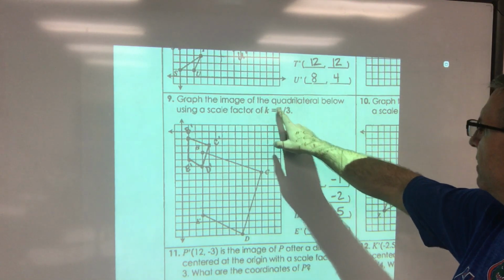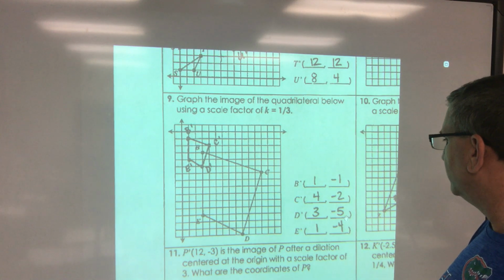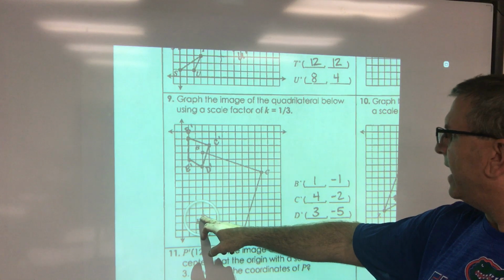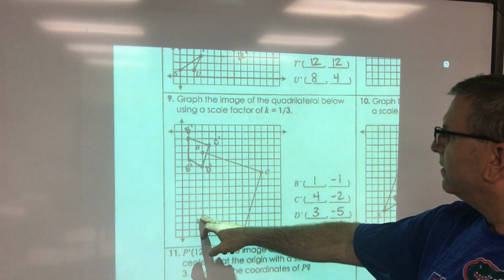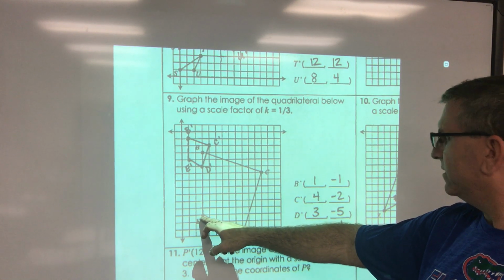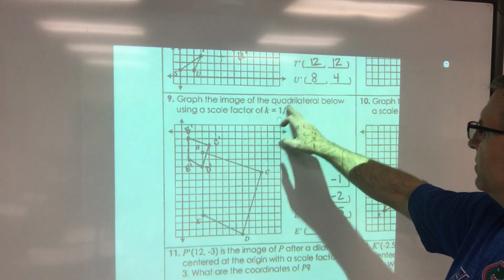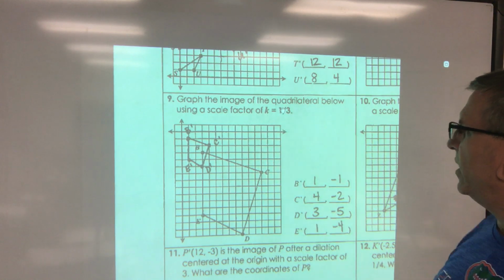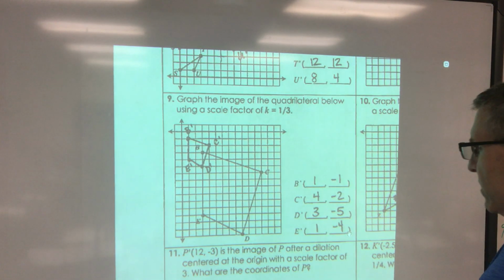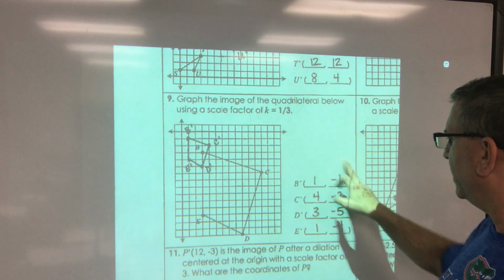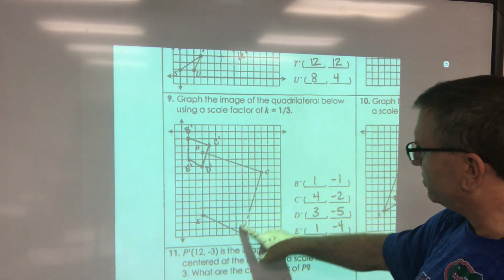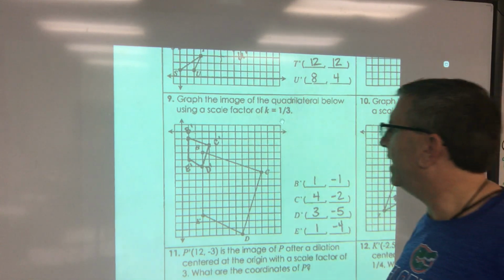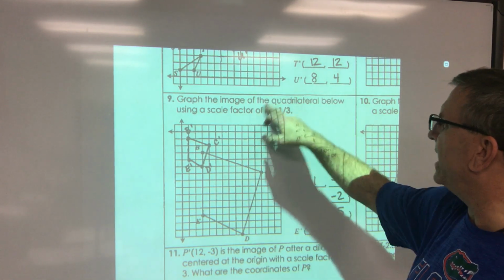-15 times 1, -15 divided by 3, -5. And then E over here, this is going to be X is 3 and Y is -12. So 3 times 1 is 3, divided by 3 is 1. -12 times 1, -12, divided by 3, -4. Okay, so again, this is your image. This is your pre-image already given, and you're multiplying by, again, this times that will give you your